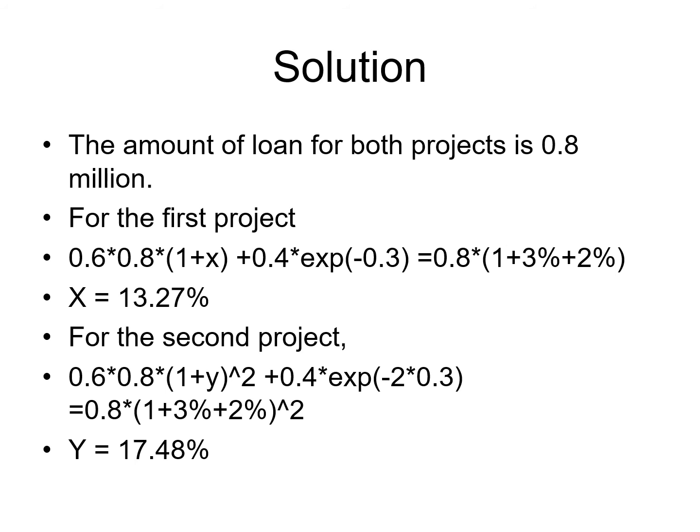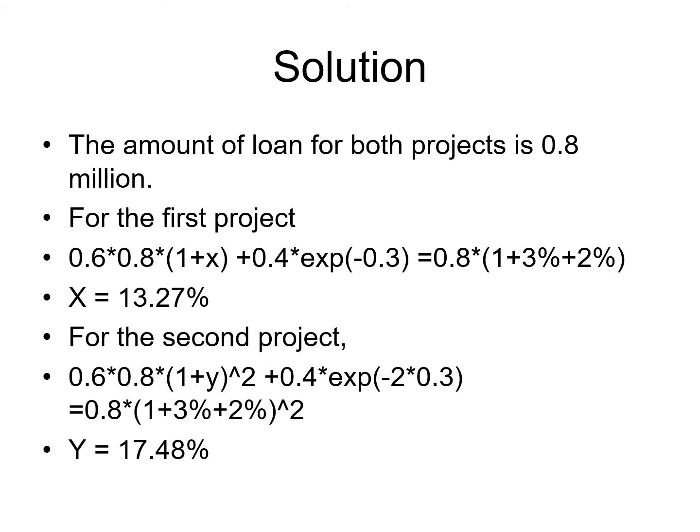That happens at 40% chance, so times 40%, should be equal to the required rate of return, which is 0.8 times 1, this principal, plus 3%, this is cost of funding, plus 2%, that's required rate of return. We solve the equation to get x equal to